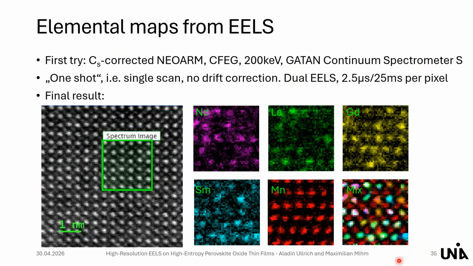To make this overlay, I must say I applied some filters. I did a little bit of sharpening and increasing the contrast to get this nice overlay. But all the other data here are raw data, just colored to distinguish between the different elements. So now the question is, is this elemental distribution stable, or is it maybe affected by the electron beam, since we applied a quite high intensity here?